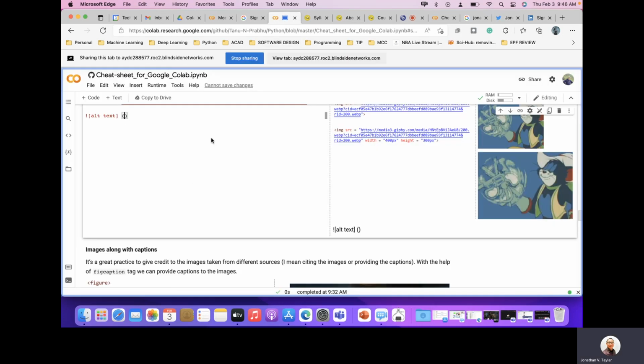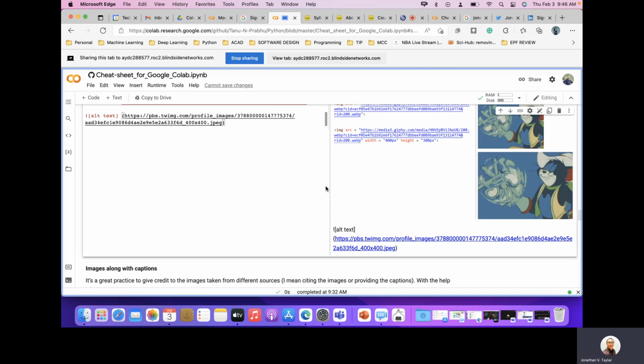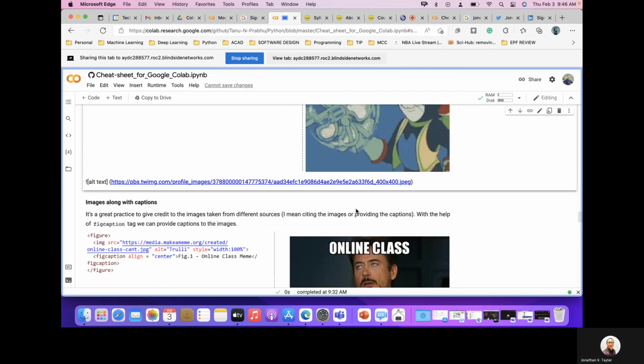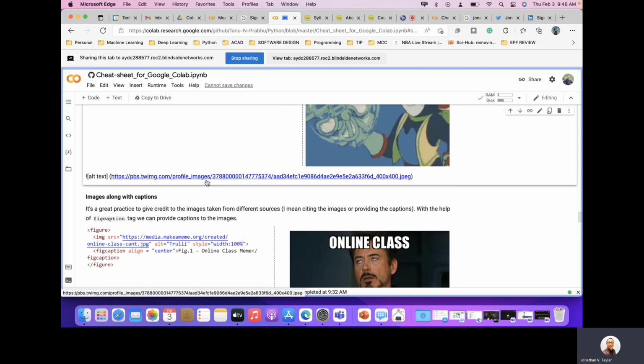Let me see if this works. Okay, so, I don't know if this will display in our output, but let me see. It did not display properly because